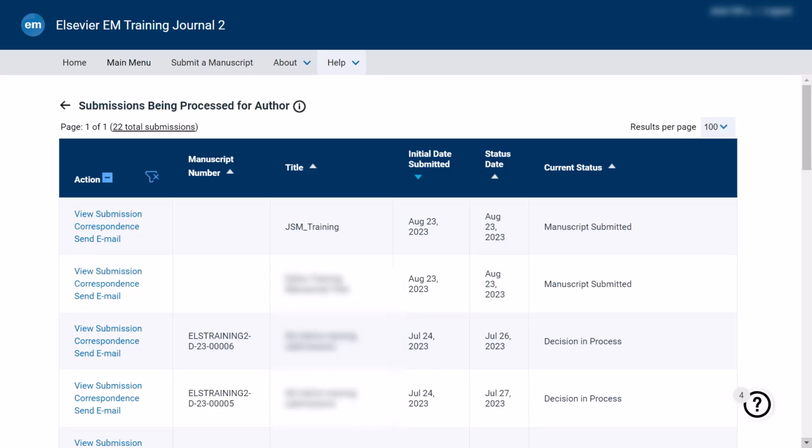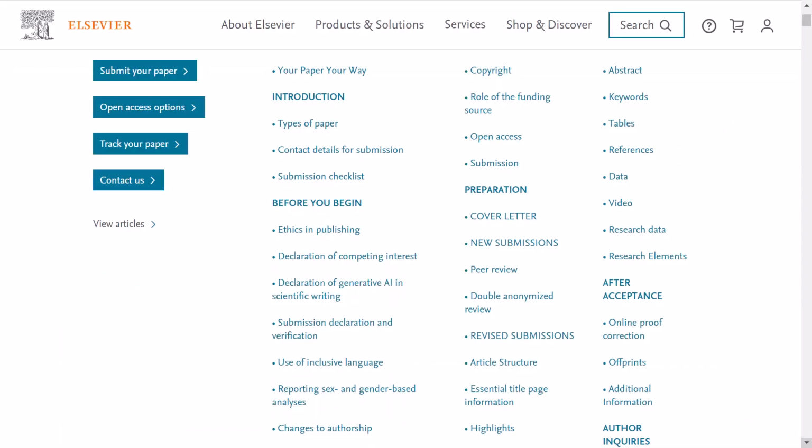The files you submit to an Editorial Manager journal are then used to create one PDF for the editors and a second PDF with certain files excluded for reviewers. If the submission is accepted, the same files are used as source files to be typeset as a published article. You should always follow the guide for authors to know what is preferred or required for each journal. The preparation section will give you all the details on how to prepare submitting your files and what other information the journal may require other than the files.